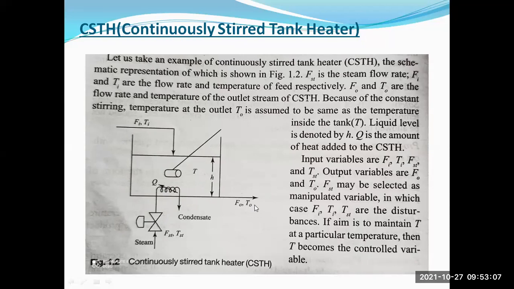So this is basically one closed loop example of the continuous stirred tank heater, where we continuously use the liquid of the reservoir or tank. Okay, is it clear to all of you? Yes, sir. Okay, so various types of examples like this we have to use in our process industries. Next,